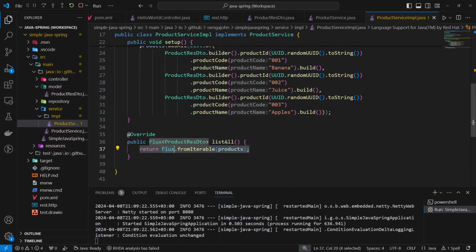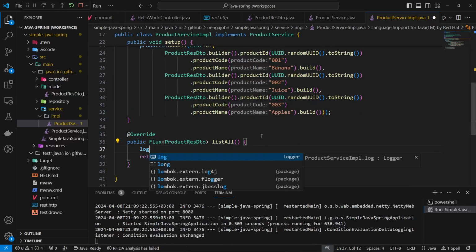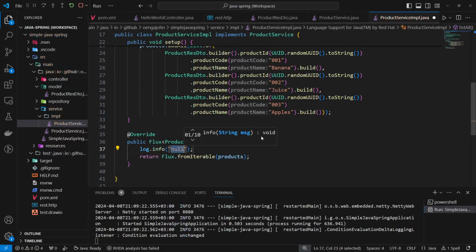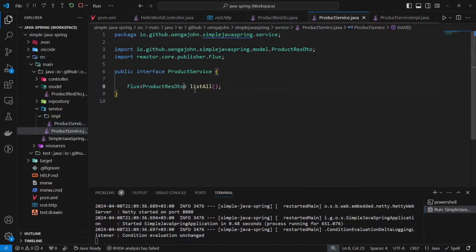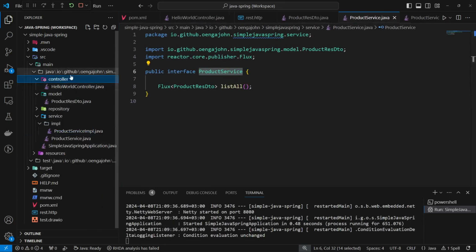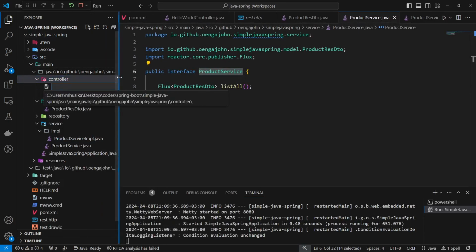You can just log something here, log.info, then we're going to say fetching products. With this, we now need to expose our service as a REST controller. So we're just going to have another interface injected within our controller. I'm going to create a different controller for this scenario, so we'll have our ProductController